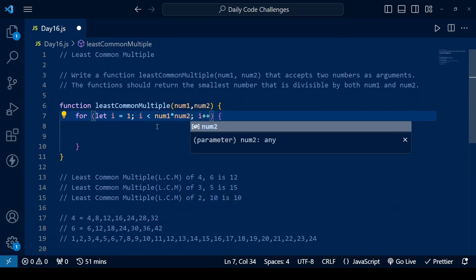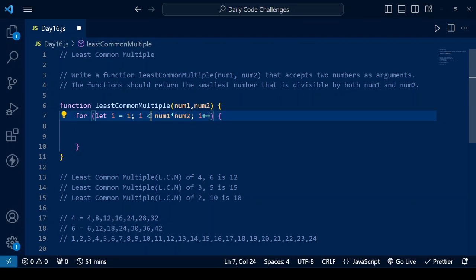Now, do we need the last number to be inclusive? Yes, because the LCM could actually be the last number. We don't know that for a fact anyway, but to be on the safer side, we include the maximum number. The next thing you want to do is